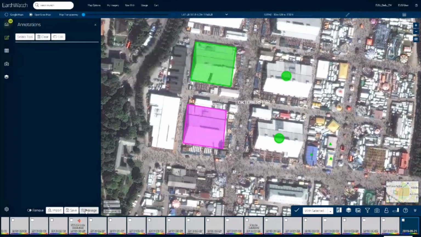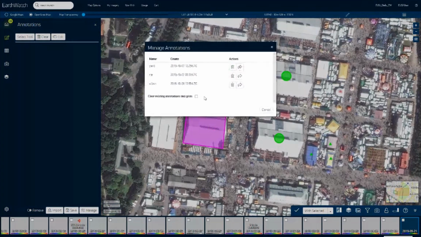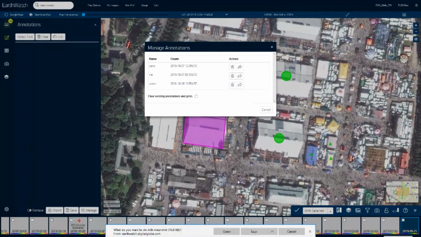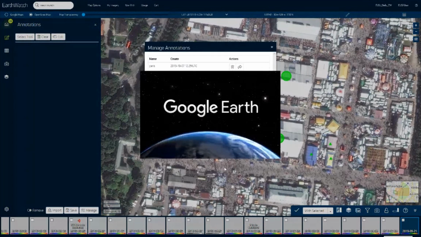And from this panel, Manage, I can export in shapefile, in KML or KMZ. So let's export in KML. It will be opened with Google Earth.